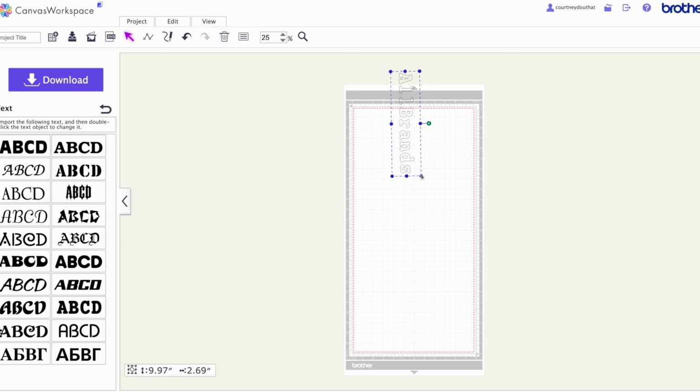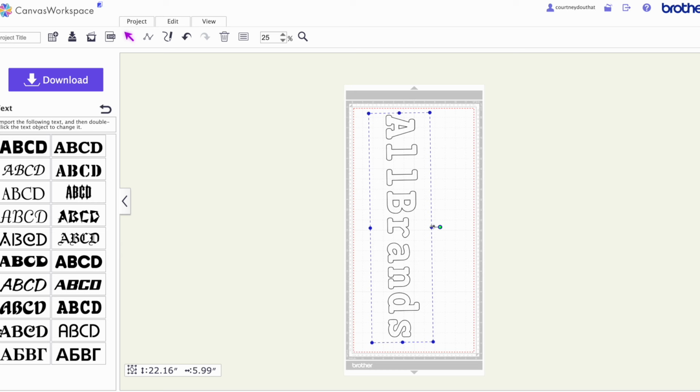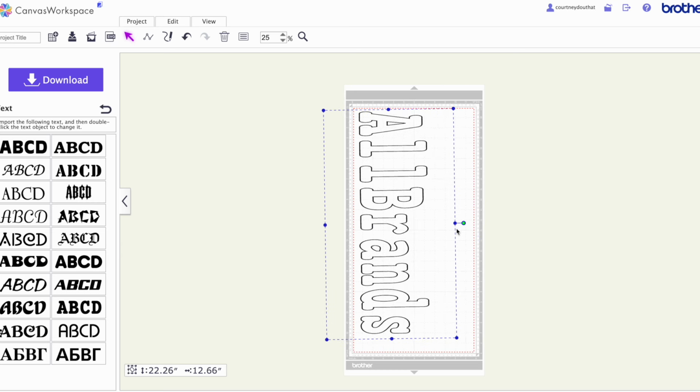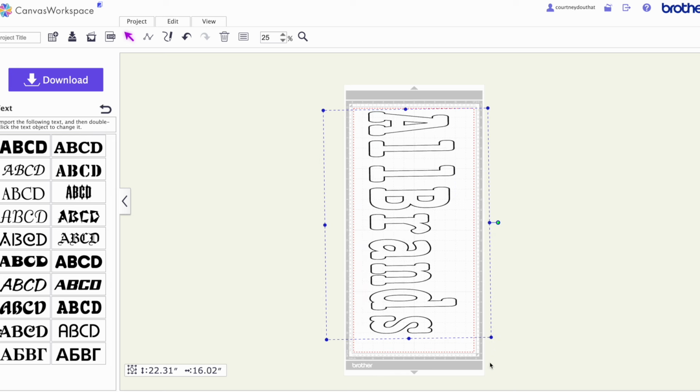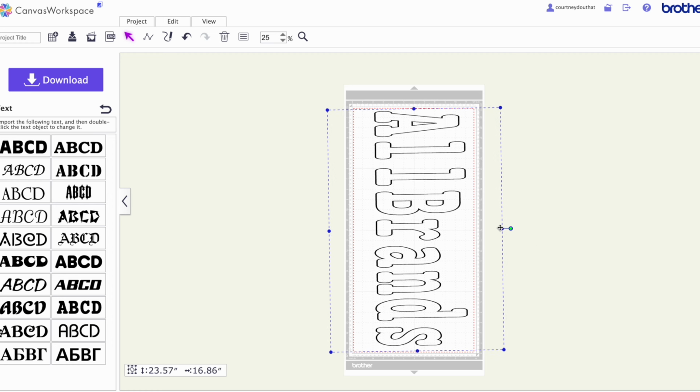And I've done this quite a few times. And then I could make it as big as I wanted to. I could actually make it taller and do a nice custom name decal. I've done a ton of these for friends for over their kids' beds, little vinyl decals. How cute is that? And then I could cut that out of my 12 by 24 mat and have this